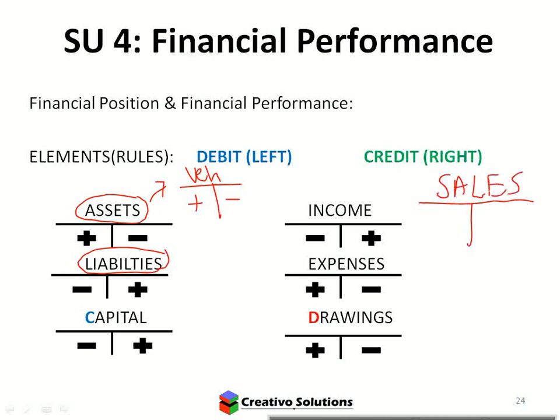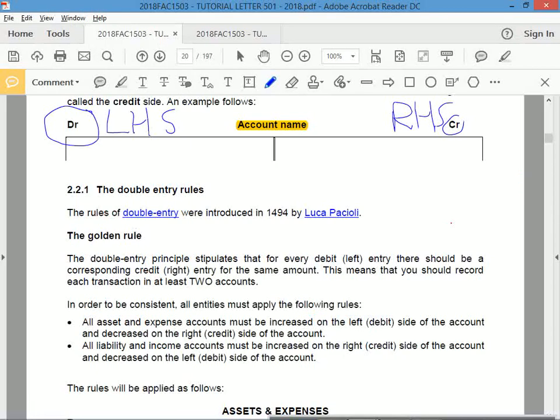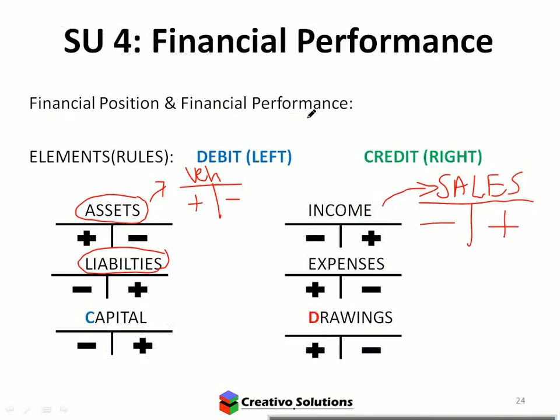Yes, sales is its own account. What account is sales? Income. What rule does it follow? Plus here, minus there. Okay, and that's why it's just generic. Account name, this name could be anything. Asset, liability, income, expense, capital, drawings, any one of the 6, and any one of these 6 could be broken up into other things. Okay, sales is an income. Rent income is an income. Interest income is an income.